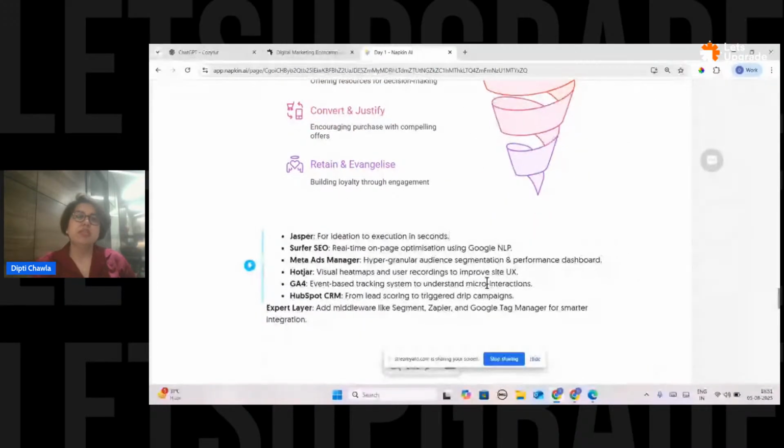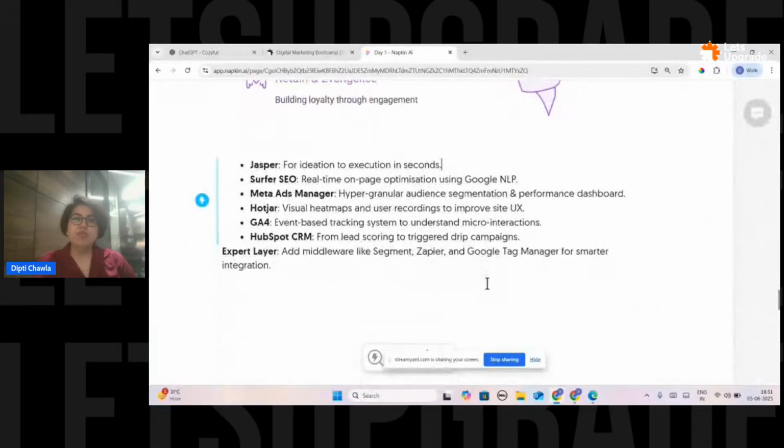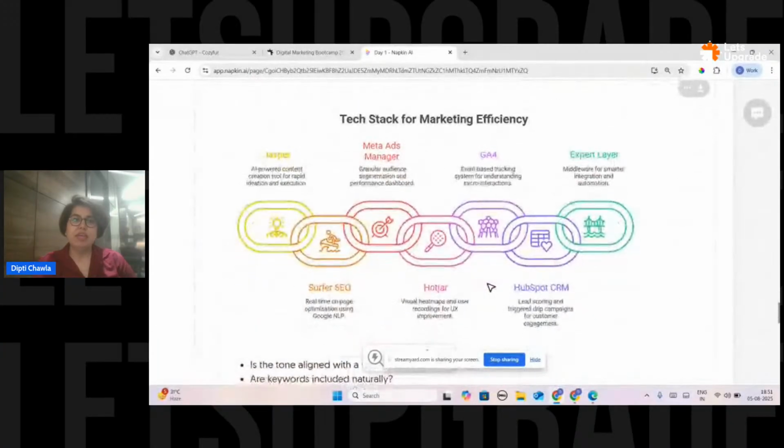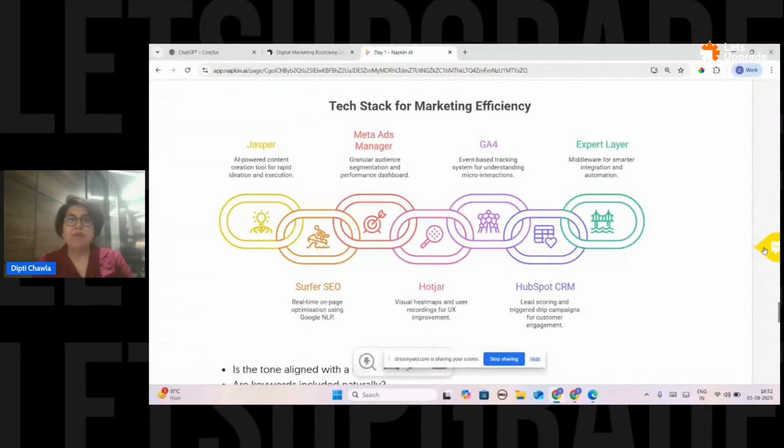Now, I'll explain which AI tools you can use specifically for what. Please take a screenshot of this. Which tech stack you should use for what purpose, to bring efficiency in your marketing flow.